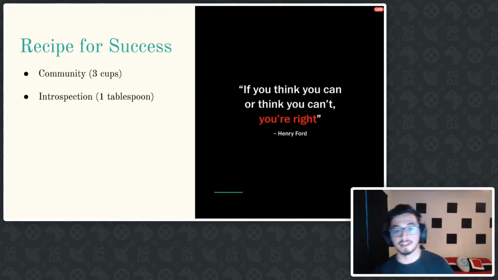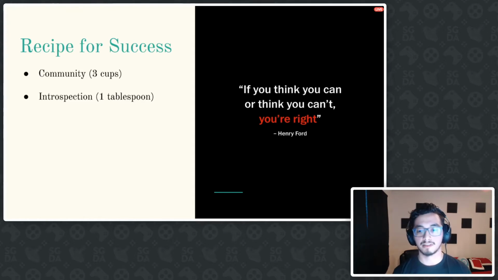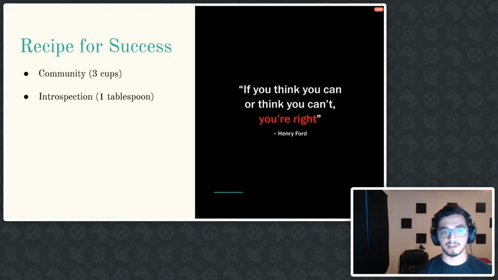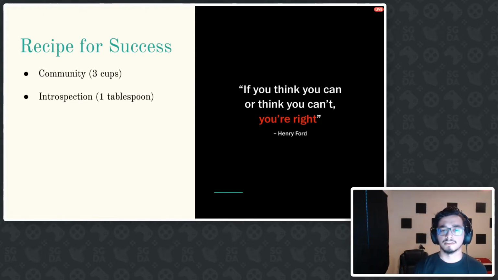Secondly, introspection. Introspection is something that can potentially be swapped out for feedback. It's really just looking at your actions and seeing how you could improve based off of the scenario, right? And I'd like to say I'm very introspective. If I see that something went wrong, I try to dissect why it went wrong, and then I try to dissect what I did and how I could further improve in a scenario like that